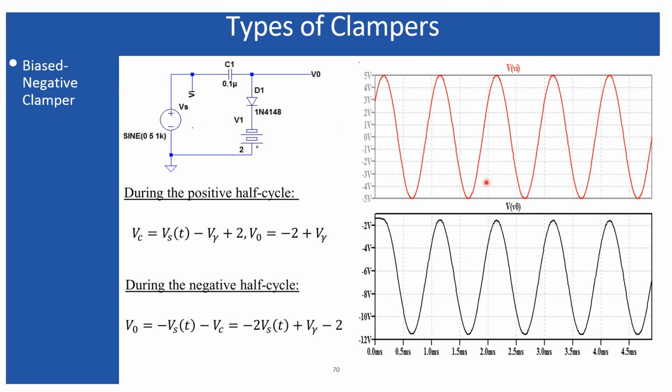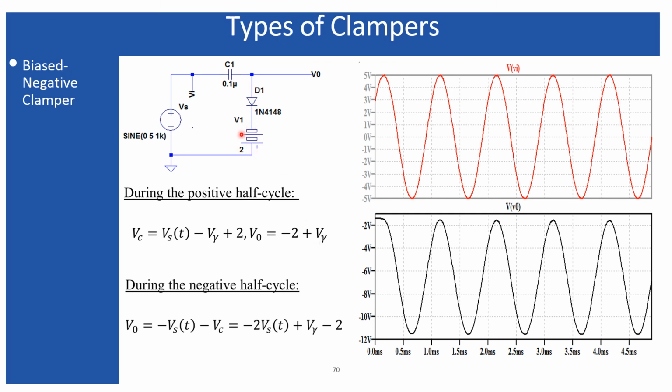And look at here. So this is the input voltage which is oscillating between plus 5 to minus 5 with respect to the zero reference voltage, and the output voltage is oscillating between slightly greater than the minus 2 up to slightly less than the plus 12. So that's greater than and less than can be figured out from this equation, where the output voltage for the positive half cycle is minus 2 plus V gamma,